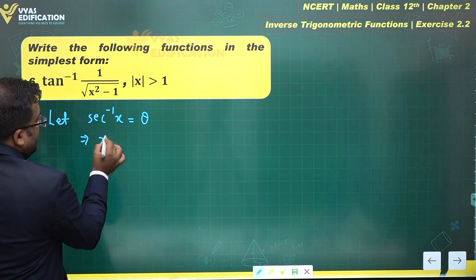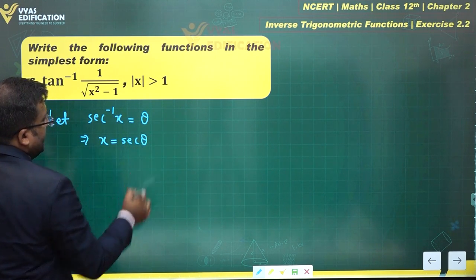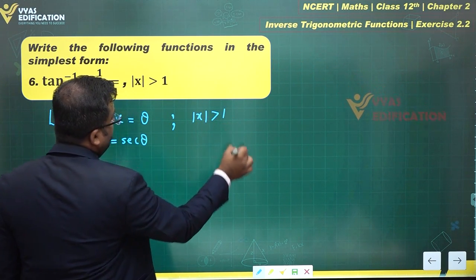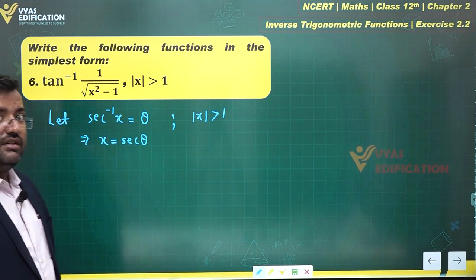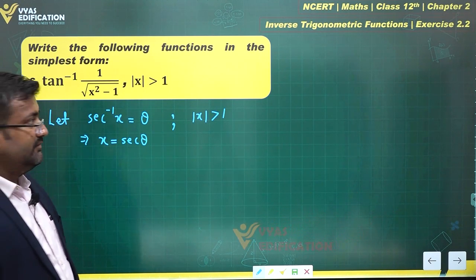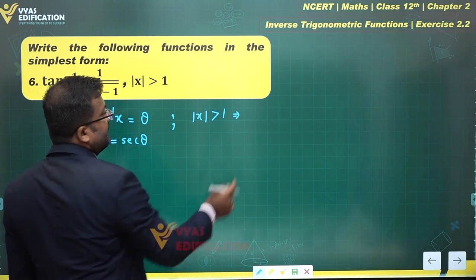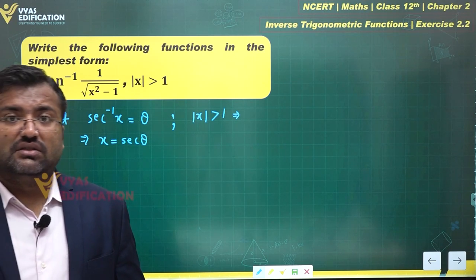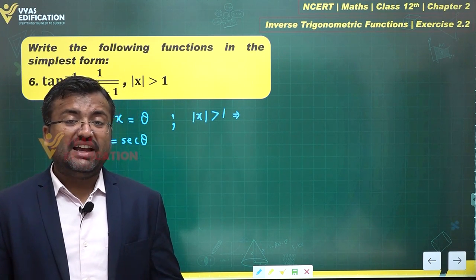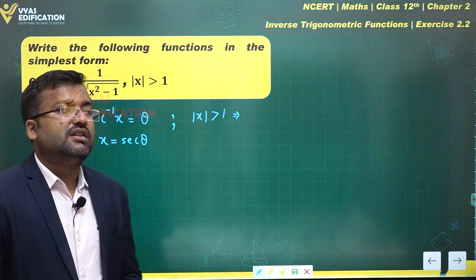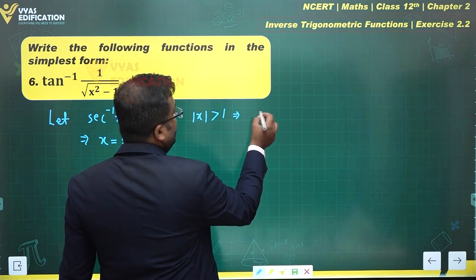Which gives me x equals sec theta. The condition that we are given is mod x greater than 1. So mod x greater than 1 would imply theta lies in which interval? This will imply that x greater than 1 or x less than minus 1. The values of sec theta lie in the interval 0 comma pi by 2 union pi by 2 comma pi. So theta